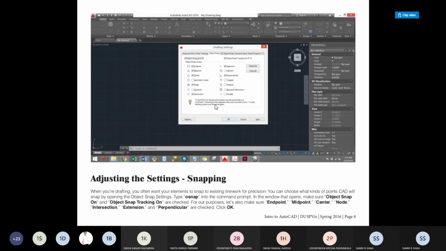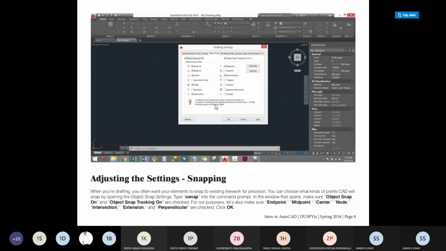There is one command given to you for snap, OSNAP. That command will open the object snap, and object snap tracking may be checked. For our purpose, make sure that endpoint, midpoint, center, node, intersection, extension, and perpendicular are checked.